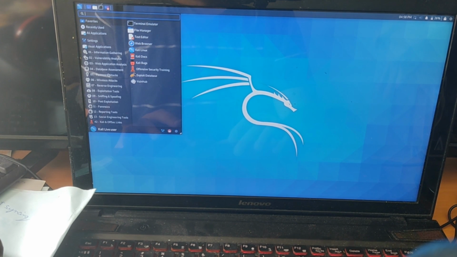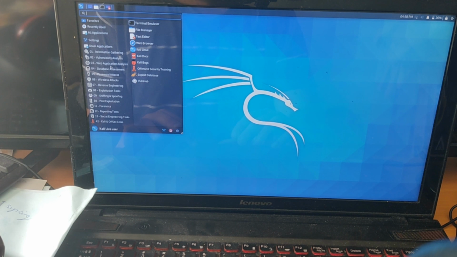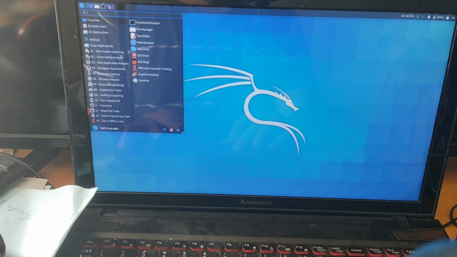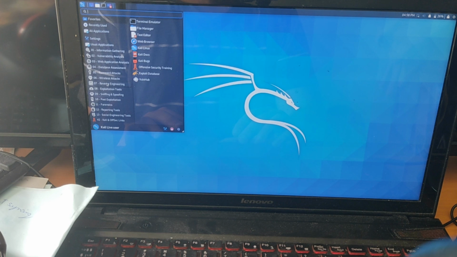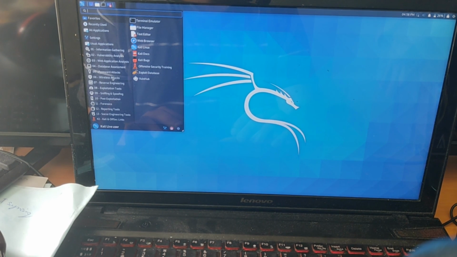So here you have different tools that can be used on Kali Linux, but I don't recommend using them because this video is for educational purposes only, and I don't recommend you use them because it's prohibited. So here we have different tools: password attack, wireless attack if you want to hack Wi-Fi. Here, if you want to hack a password,